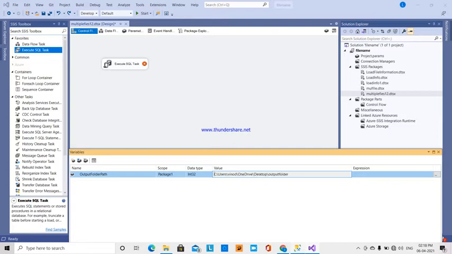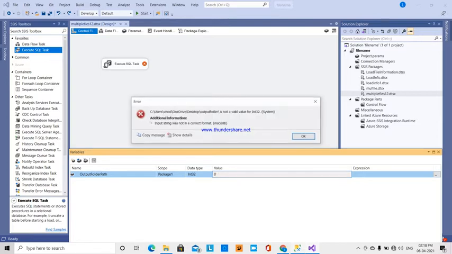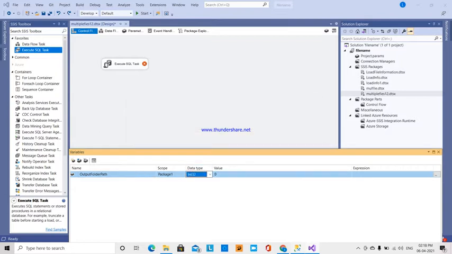What happened? Not a valid value for int. Okay, so this data type has not changed. So string. Now it's okay. This is the path where every file will be going, and it's going to be saved in that particular folder.